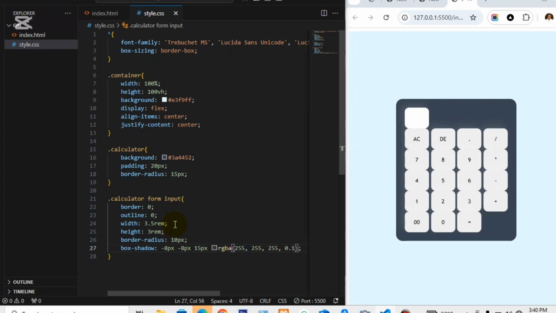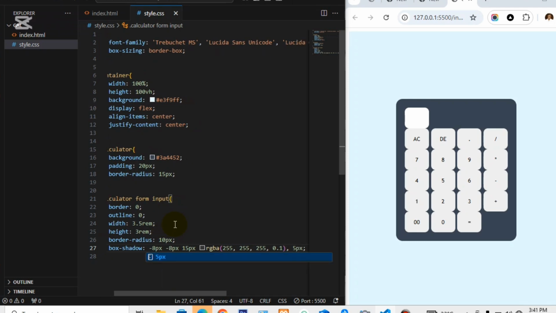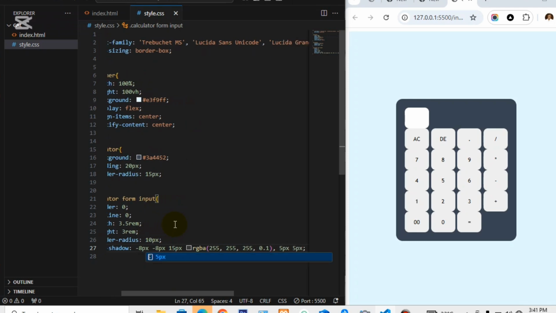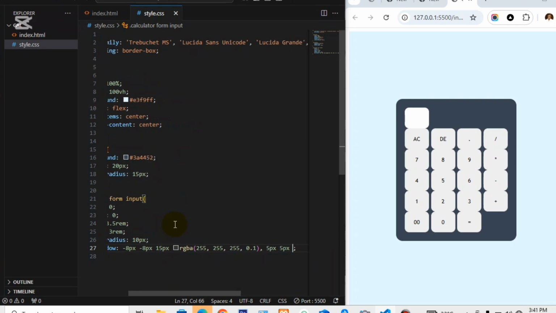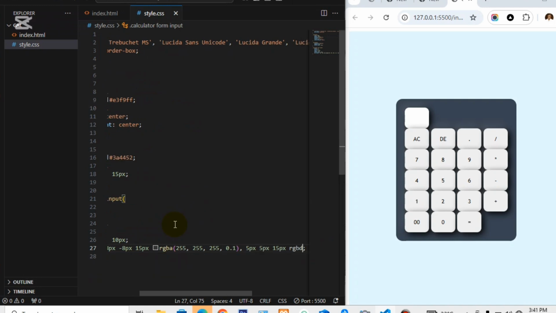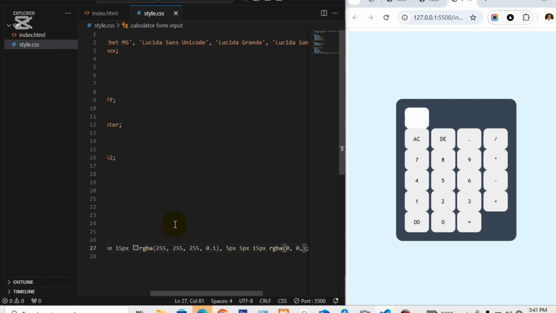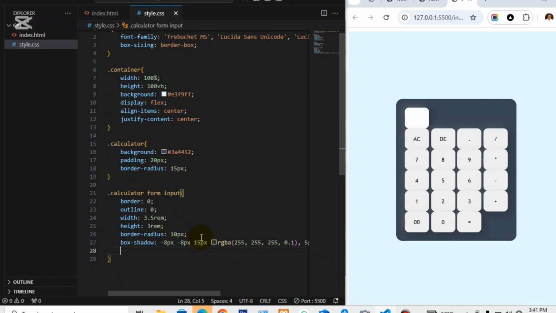Beside it we put a comma. Now we're going to put both the up shadow and the down shadow. So the down shadow here is going to be 5 pixel, 5 pixel, 15 pixel, then rgba in brackets 0, 0, 0, 0.2. So that is how the button is coming out. Then we're going to put background